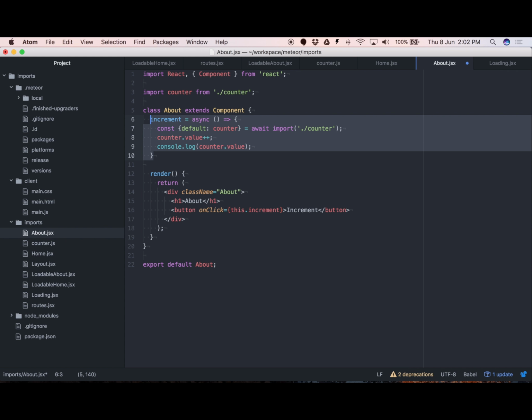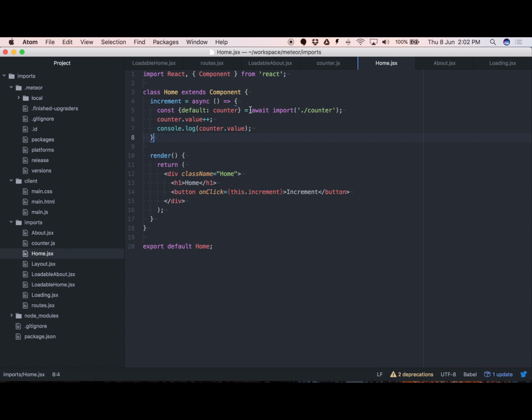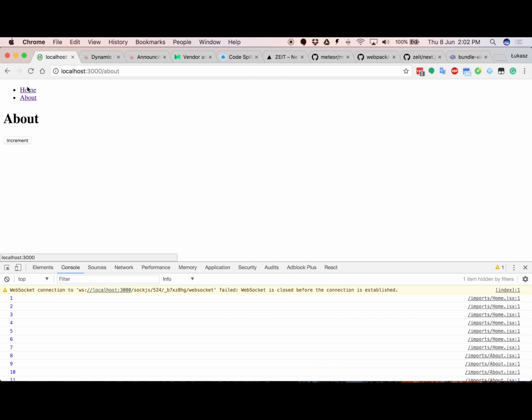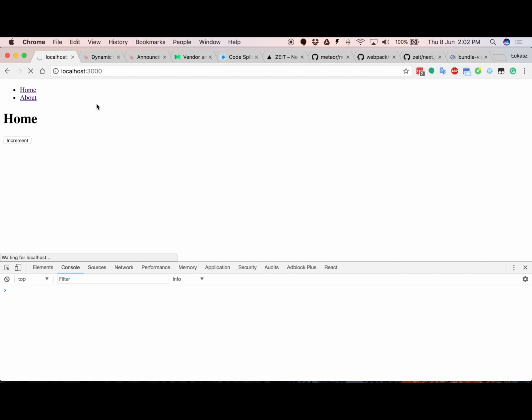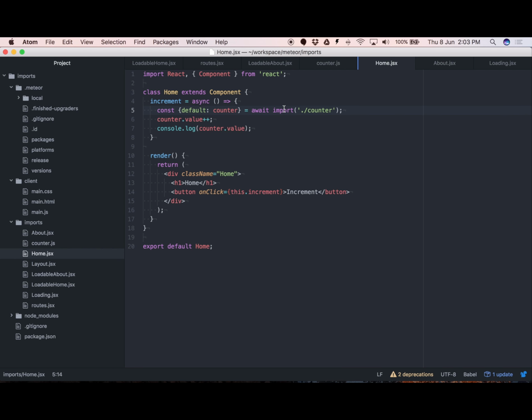So let's copy the entire increment function. Okay, I think everything is okay, and let's check. Okay, and let's see if it's still working. Yep, it's working. So right now our code is a lot more readable than using promises, and it works the